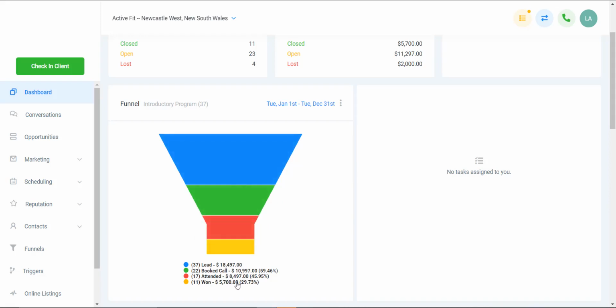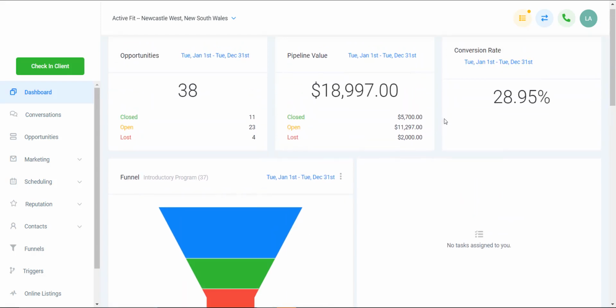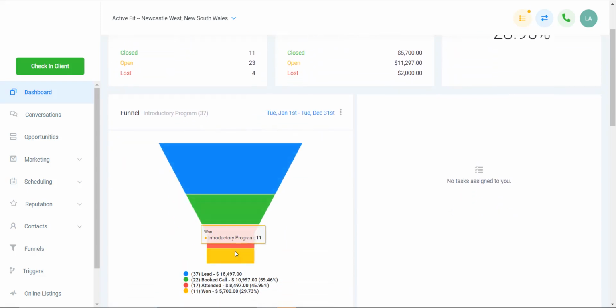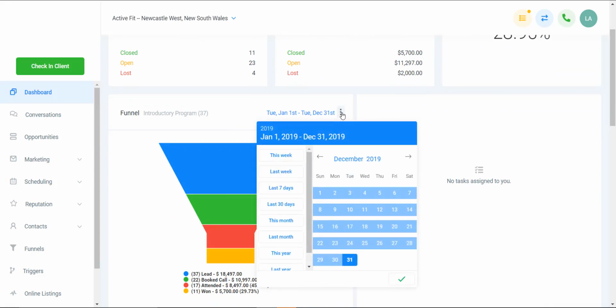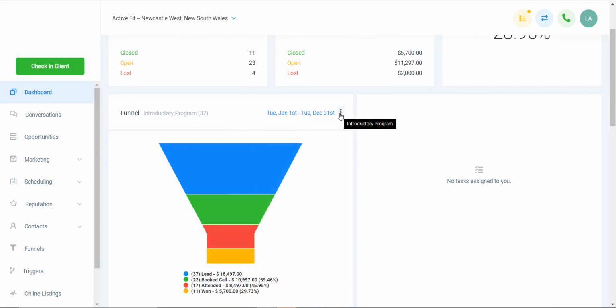And you see that's where we see the value as 5,700. That's the value that we entered as to how much those conversions were actually worth to us. And that ties into this number up ahead, right? So basically what you're seeing here is a visual representation of your funnel. And again, you can toggle the dates and you can toggle between, as I mentioned, the actual pipelines